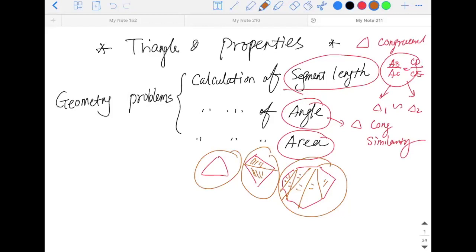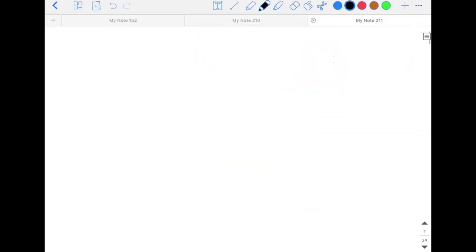But trust me, most of the topics, or almost all of the topics, are actually based on triangles. All right, if that's the case, let's go to our first part. We just want to give a good introduction and a summary of all the properties of a triangle. So let's go to our lecture number 1,